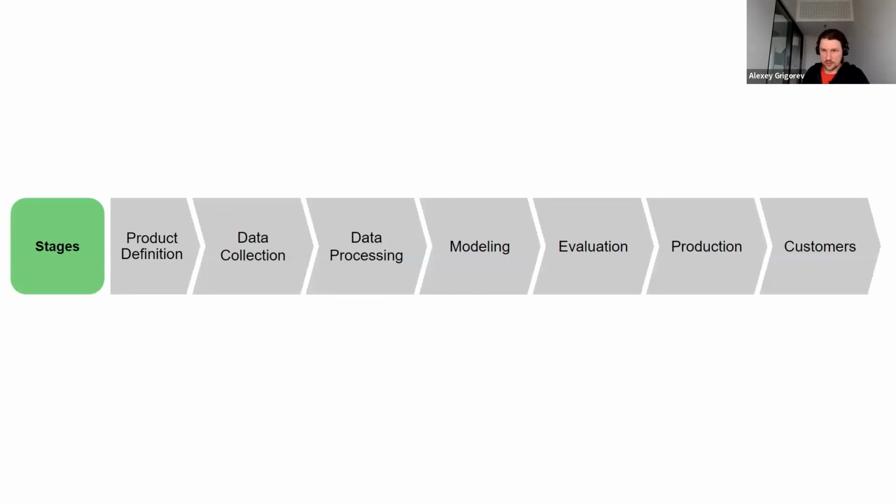If we think about data science projects, they start with understanding the problem we want to solve, and this is usually driven by product managers. Then we need to collect some data, process this data, create a model, evaluate this model, and then put this model into production. This is a team's effort. This is not just something that the data scientist is doing. Collectively, everyone on the team works on all the stages of this process, right?